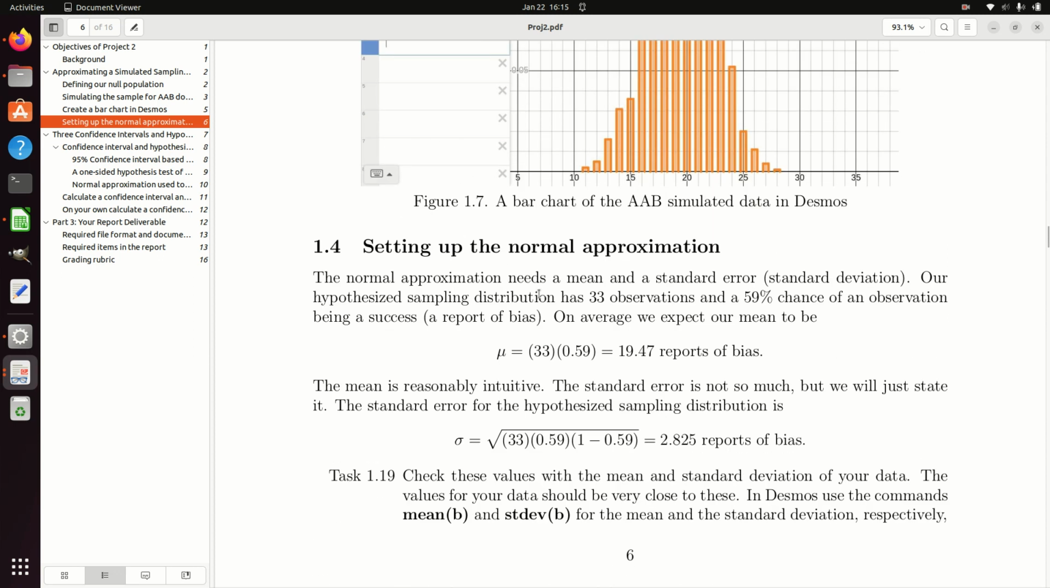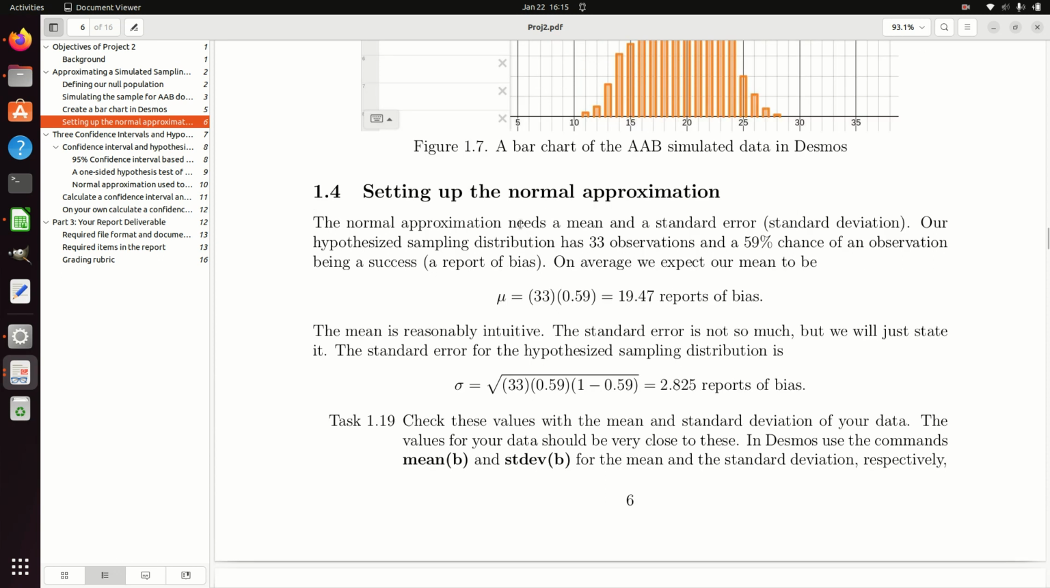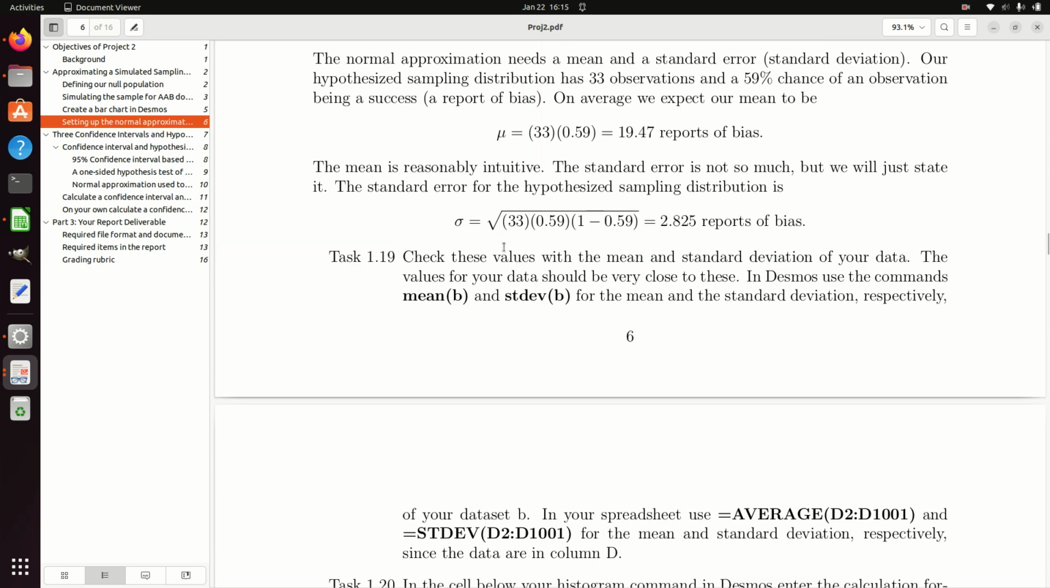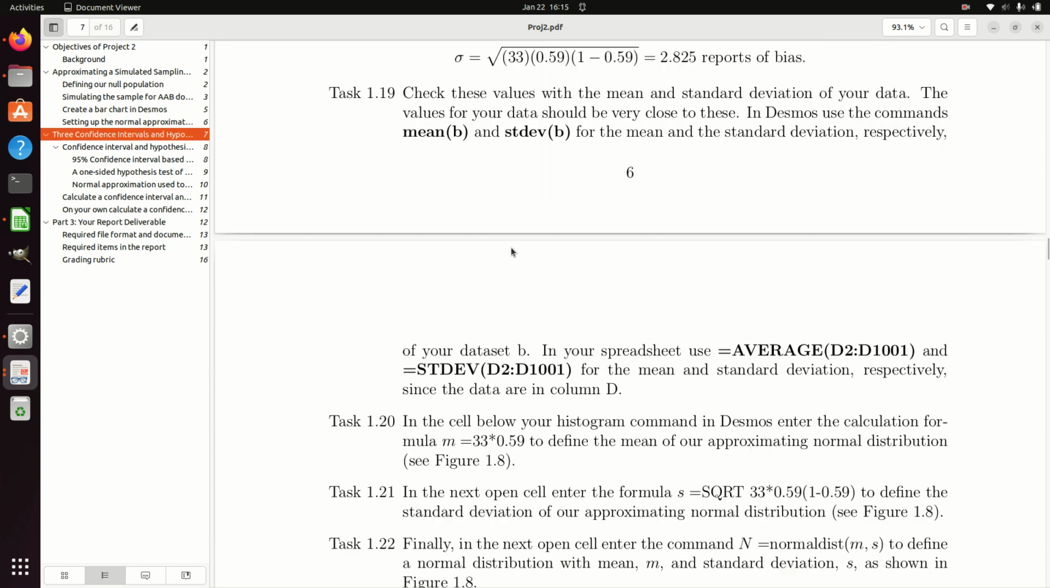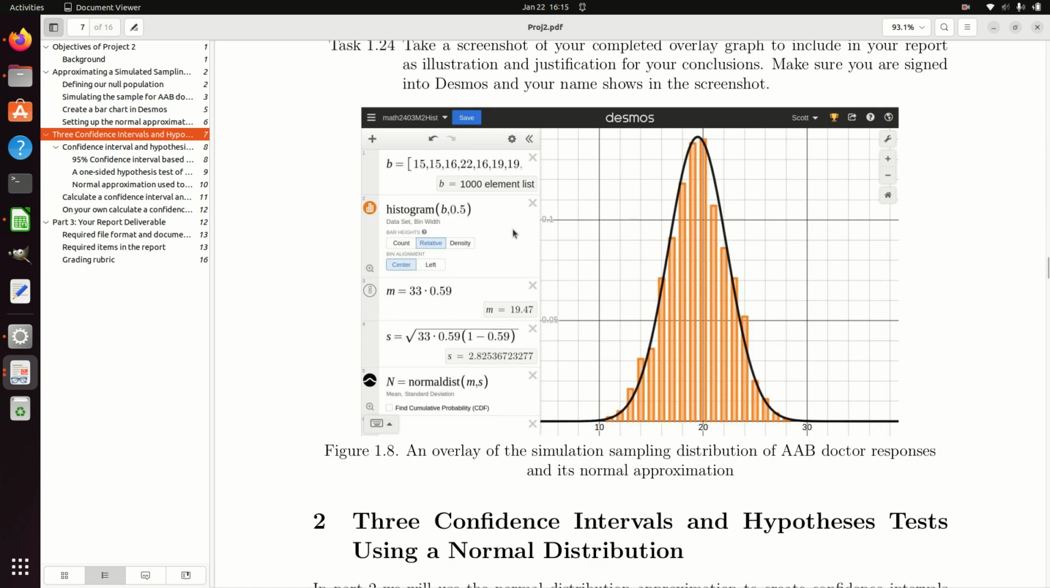Now, so I've made a bar chart. We need to set up our normal approximation for this thing. And so, that's what I've had so far. And now to create this normal distribution with a particular mean and standard deviation, I'll just put those calculations in